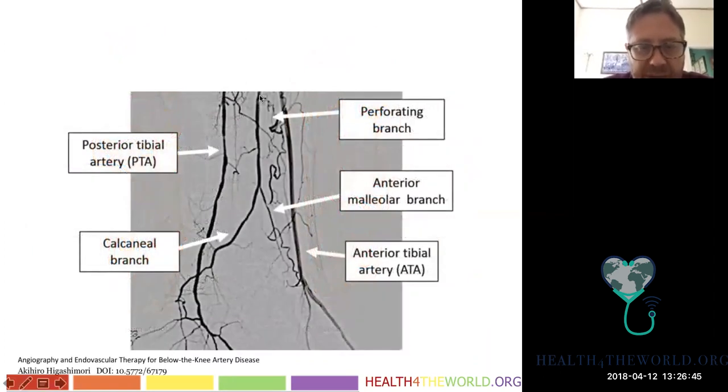We haven't talked enough about the peroneal. The peroneal will come down, and it terminates, as I mentioned before, above the ankle. It gives off a calcaneal branch and an anterior malleolar branch here. And what these do is, the peroneal artery is an important collateral path should you have occlusion of one of these vessels, because you can imagine if I occluded the posterior tibial, for example, then this peroneal artery will come in